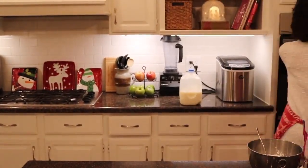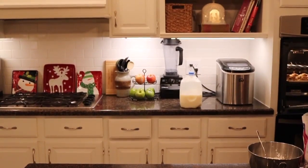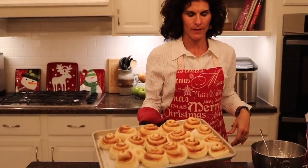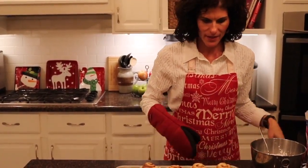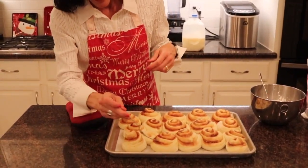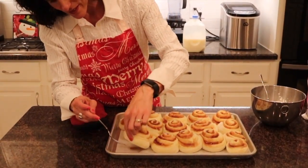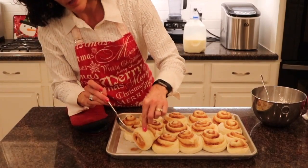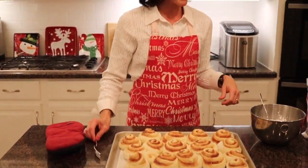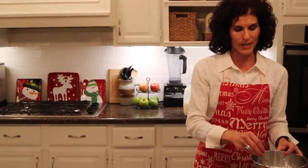Okay, so the timer just went off. Sometimes the first batch takes a little bit longer. This is about what we're looking for. We want something that's a little golden on top, and then see how it's golden on the bottom there. So we'll let those cool, and in the meantime we can start making our